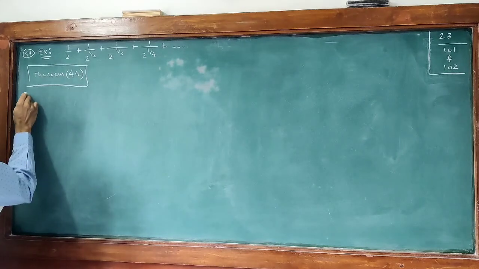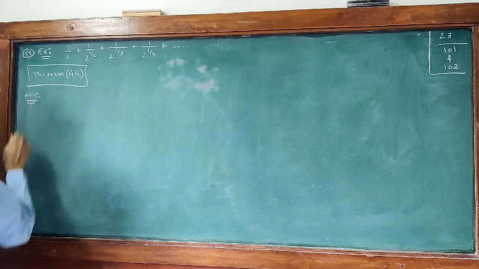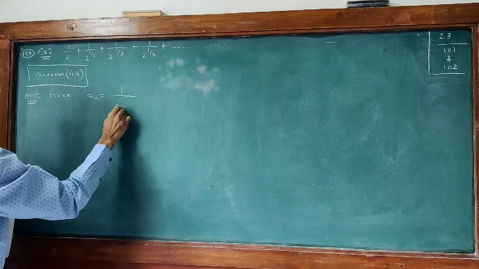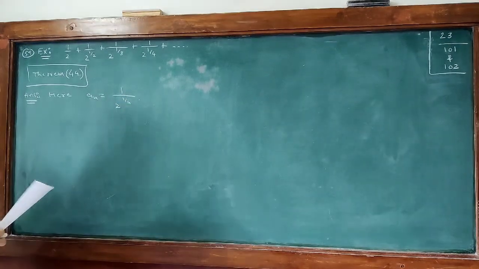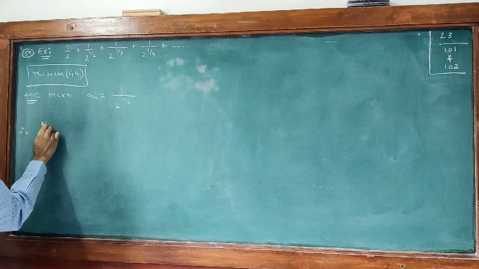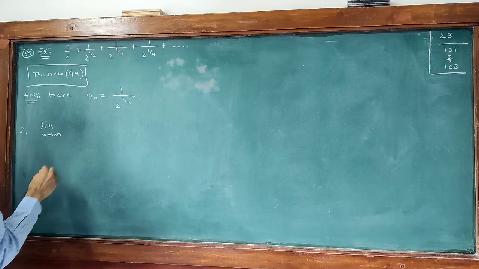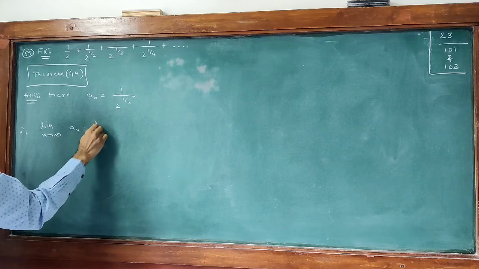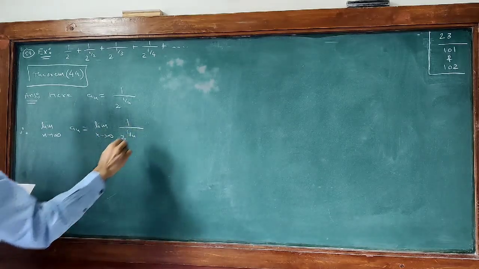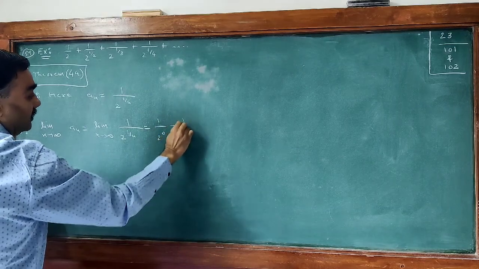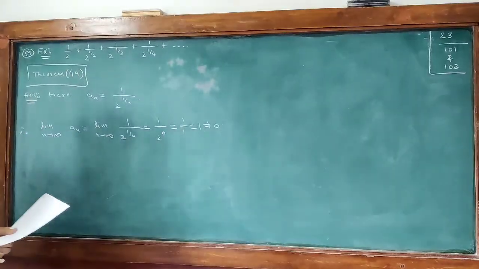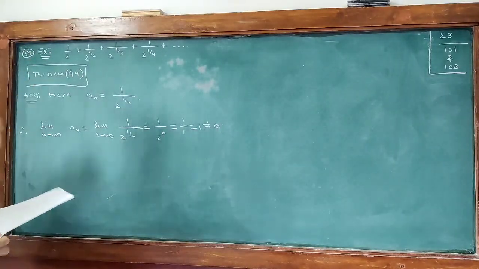Answer, here an equal to 1 upon 2 raised to 1 upon n. Therefore, limit n tends to infinity, an is limit n tends to infinity 2 raised to 1 upon n. So this is equal to 1 upon 2 raised to 0, which is 1 upon 1, and therefore it is equal to 1, which is not 0. And therefore by this theorem,